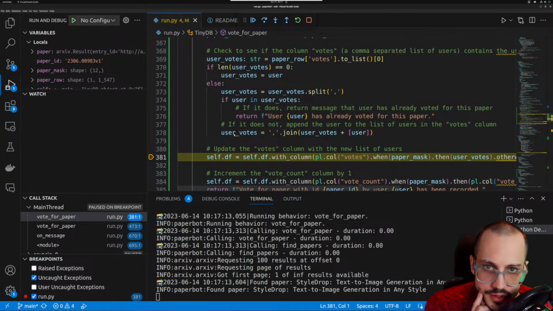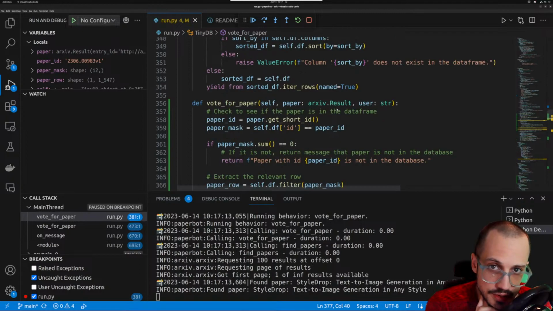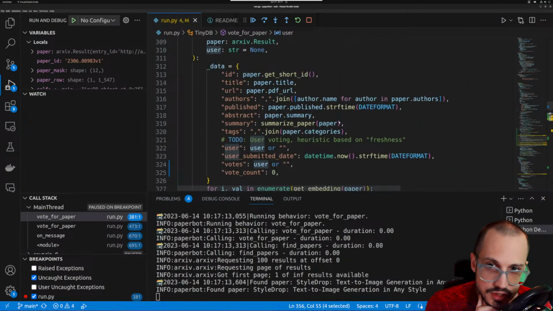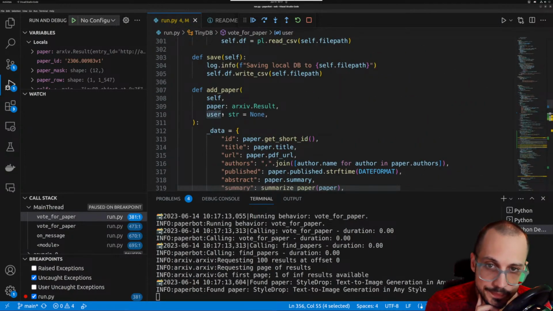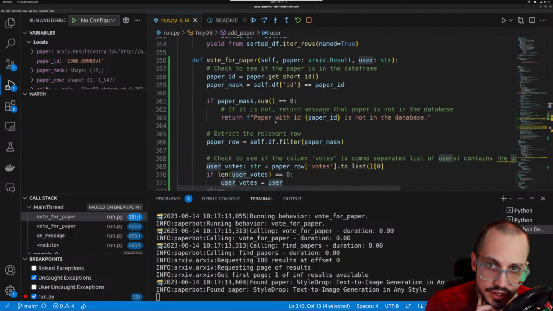All right, so now what is user votes? Now user votes is Hupo, that's fine. One thing I'm noticing here is you see how it's using my name, but my name has a period in it. So if someone had a name with a comma in it, that would completely destroy this. So I think what we're going to do is instead of user, we need to change this. You see how here the add paper gets this, but what we really want is